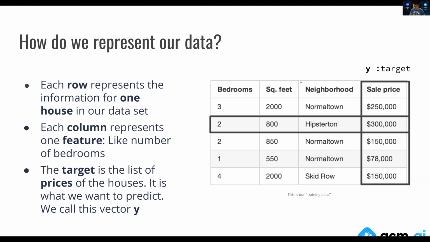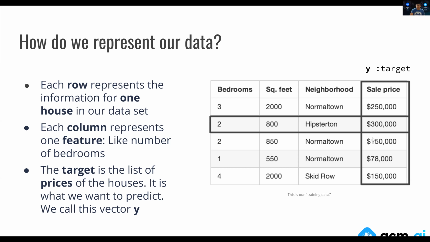Okay, so I think I got a question. I think it says, are the features variables, x, y, and then n number of features? Let's think about a general three-dimensional graph. You have x, y, and z, and usually you would have x and y combined in some way to represent z.